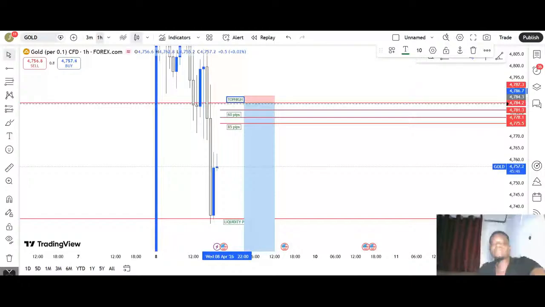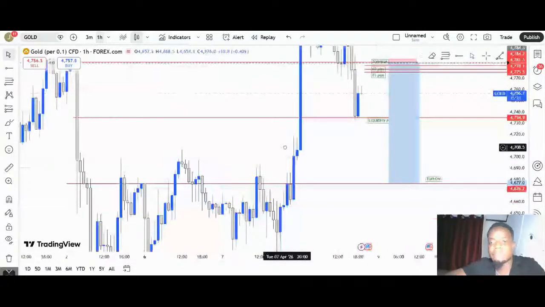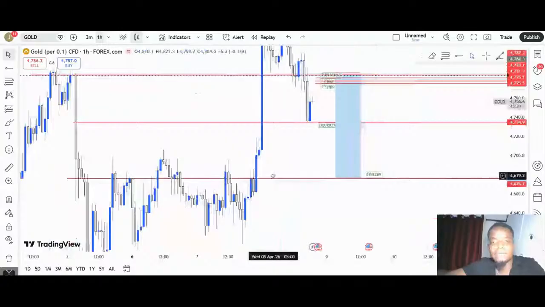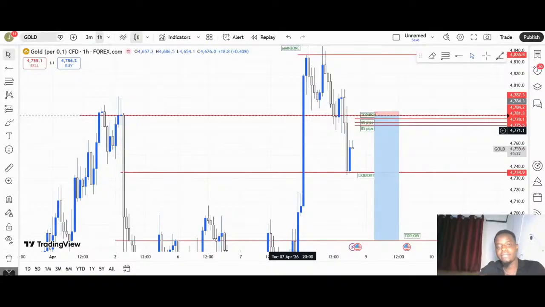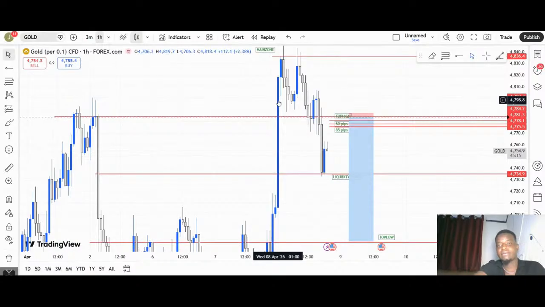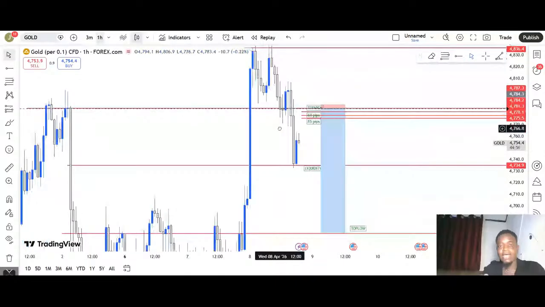So if you are new, my analysis is from there, and what I'm expecting from the charts. So as you can see here, we had my top high at this particular point, and we are on a bearish big impulse move. Now price broke my top high at this particular point right there. We experienced another breaking of our top high. In our strategy we call it the breaking and unbreaking of our top high. Then buyers broke our top high again, then here they unbroke it again. Now after price unbreaks our top high at this particular point, what we are supposed to do according to our strategy is